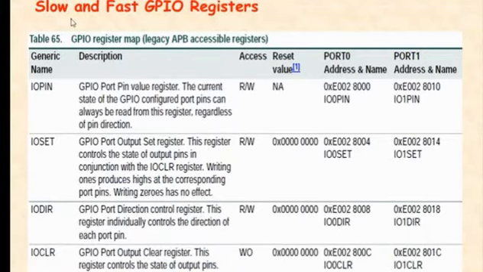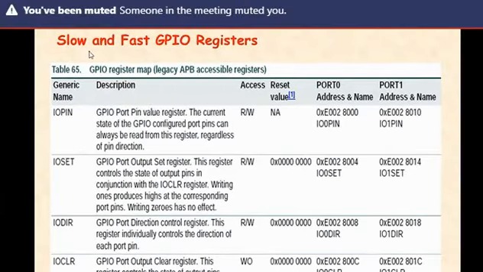For the fast registers, the only difference is that you have to add F. For example, FIOPIN, FIOSET, FIODIR, FIOCLR. And there is one extra register, FIOMASK. Mask means make it 0.